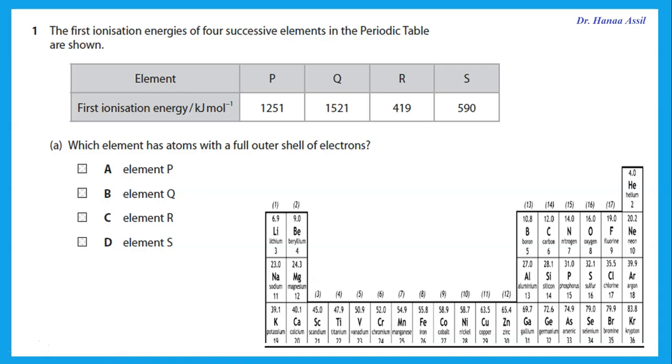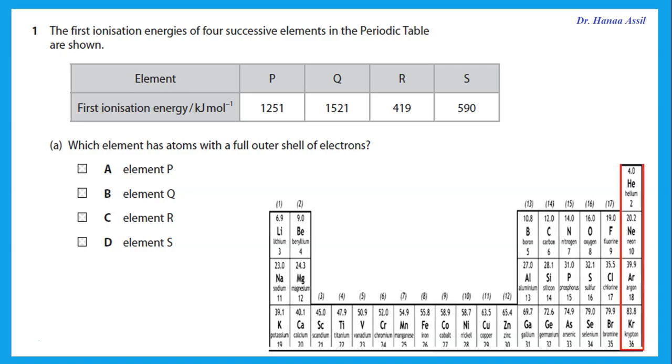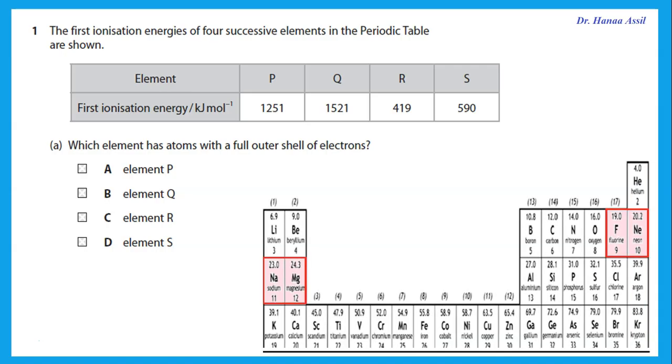group 8. You should realize that as we go from left to right in a periodic table, the ionization energy increases because the atomic radius decreases. So the first ionization energy going from left to right increases until we reach group 8 or the noble gases, and then we go to a new period that has an extra shell, so the ionization energy would decrease a